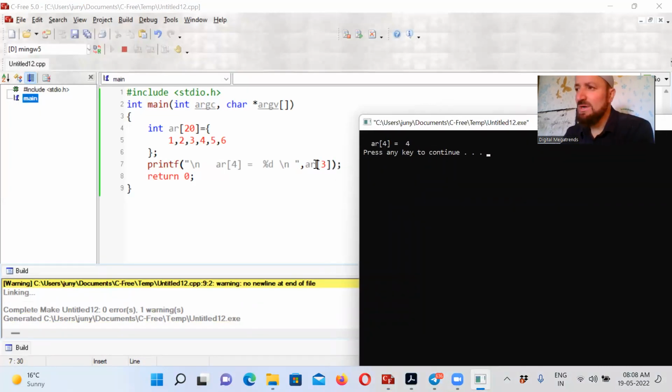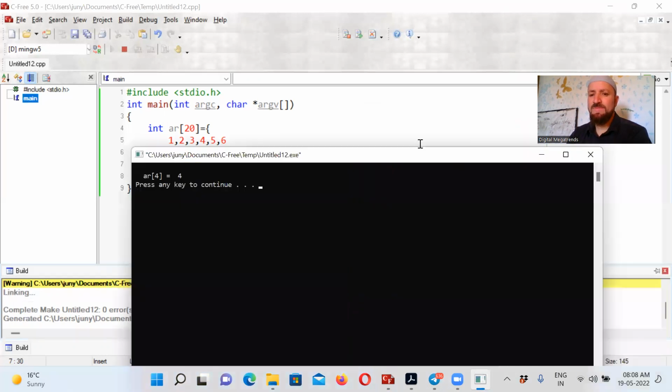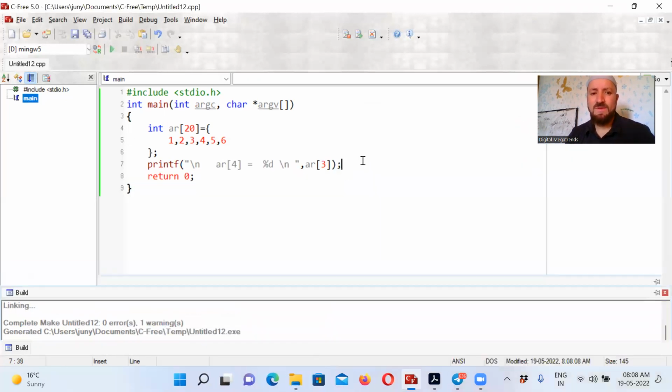So it will see what is the base address in AR, and it will add to it 3 into 4. 3 into 4 is how much? 12. So whatever the base address was, plus 12. For example, if I print here,